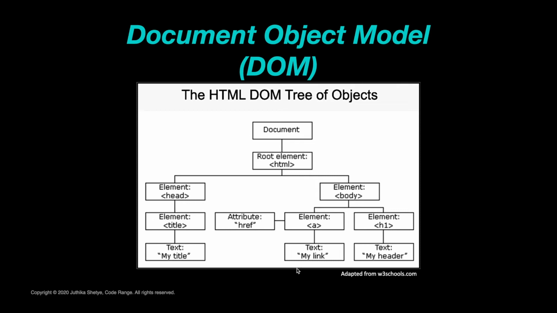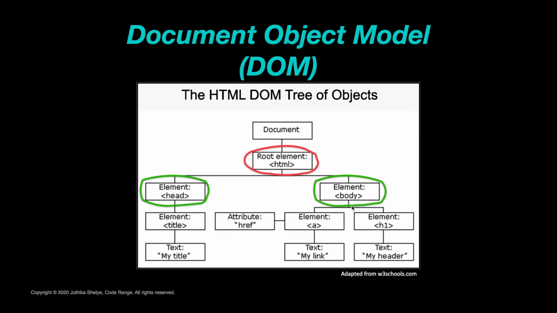So when we talk about HTML document as a tree, what we are saying is that at the root of this tree, we are going to create the HTML document or the HTML tag. And then we have other parts of the tree inside it, like the head and the body. So basically, our HTML tree has three main parts: the HTML tag, the head tag and the body tag.